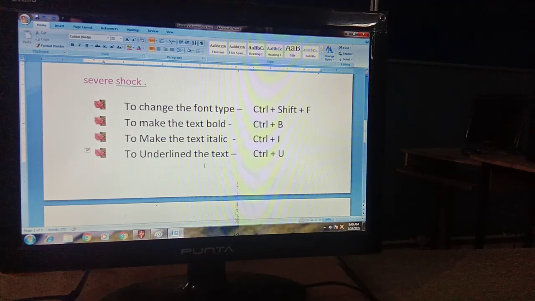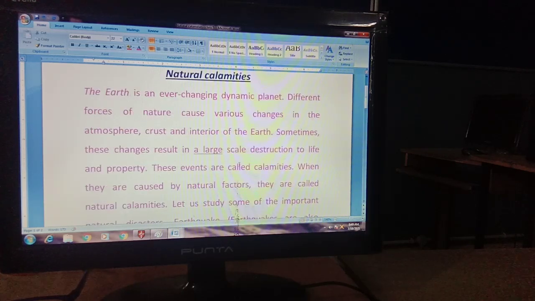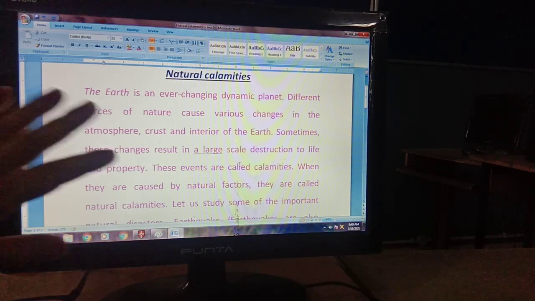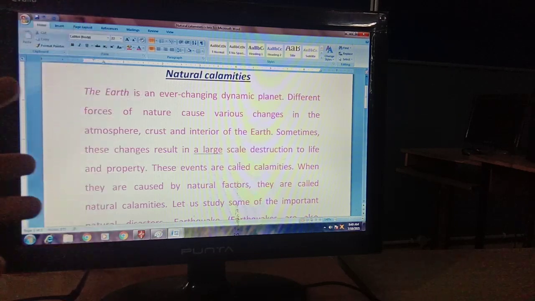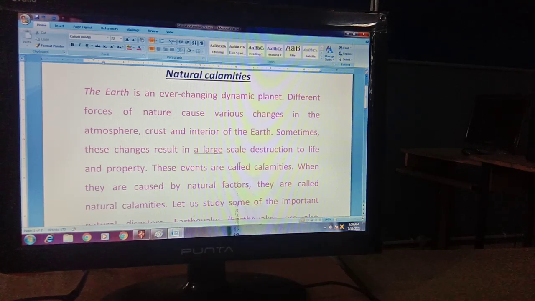Now today we are going to learn about applying border and shading. Why do we need border and shading? To improve the appearance and readability of text. Text की readability और उसके appearance के लिए we need to apply border and shading. We can add a variety of border and shading effects to a paragraph and the entire page. पूरे page में भी apply कर सकते हैं. And we can also do it for a particular paragraph.